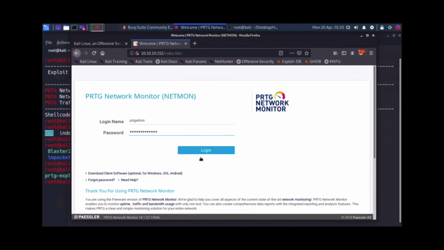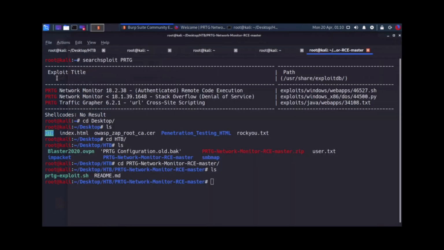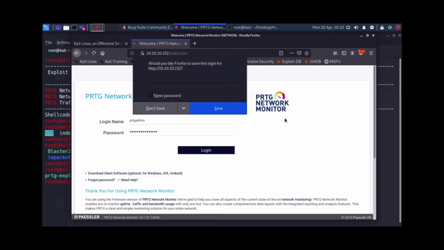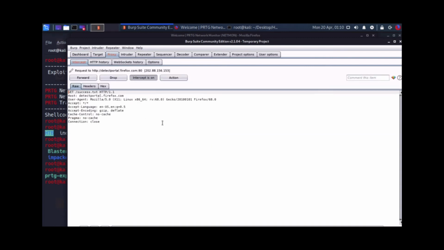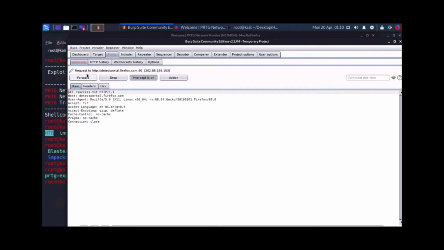And before this, before I click login, I have to turn intercept on, and then go to the browser and login. Once you log in, don't save it. You can see this is the username and this is the password, right? And this is the cookie which I'm talking about. Simply click forward. So log into this system, forward, complete forwarded,